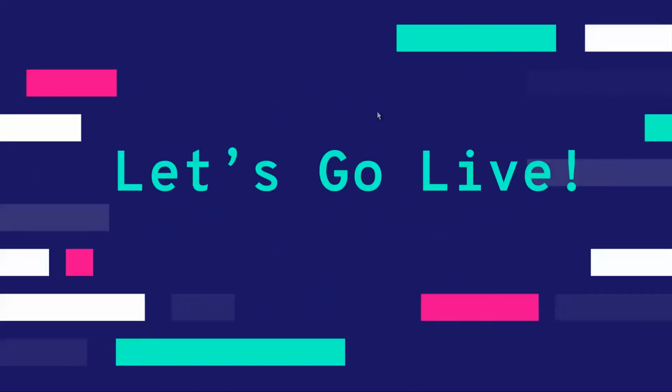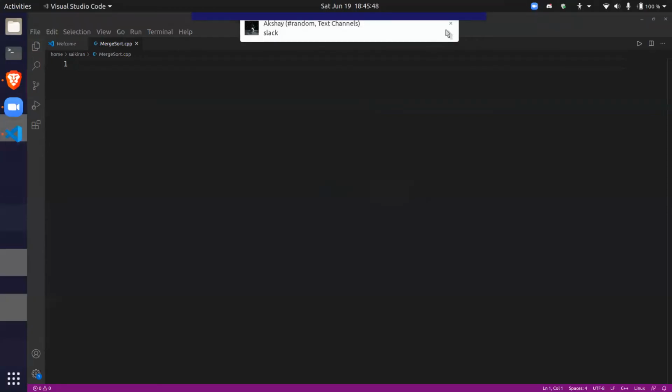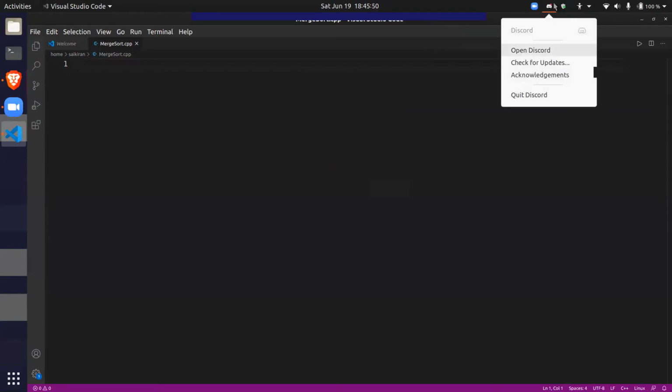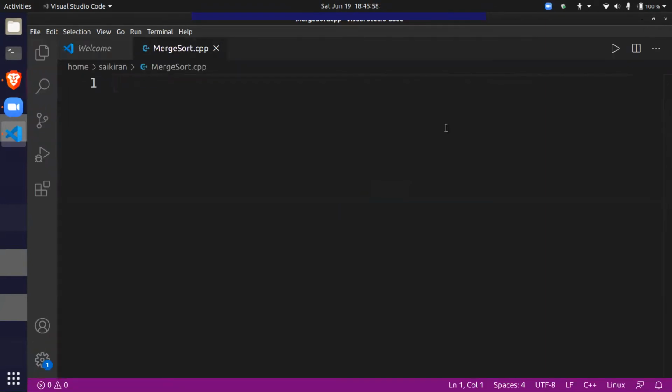Now it's time to actually implement this. Let me go to Visual Studio Code. I think I should increase the size. Okay, is the size okay now?